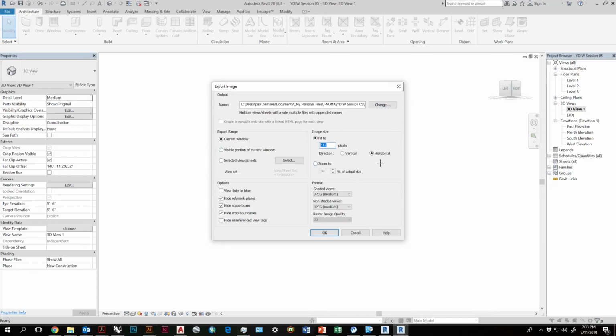Pixels are really low, so we will not export it at, actually we'll do PNG, 100%, actual size, 300 PPI. Hit OK.